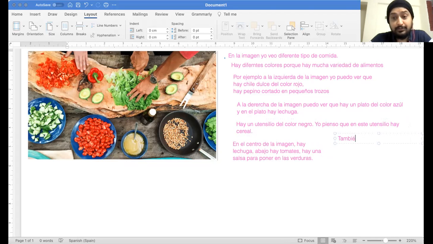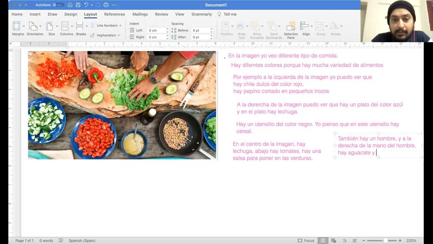También use connectors also. También hay un hombre y a la derecha de la mano del hombre hay aguacate